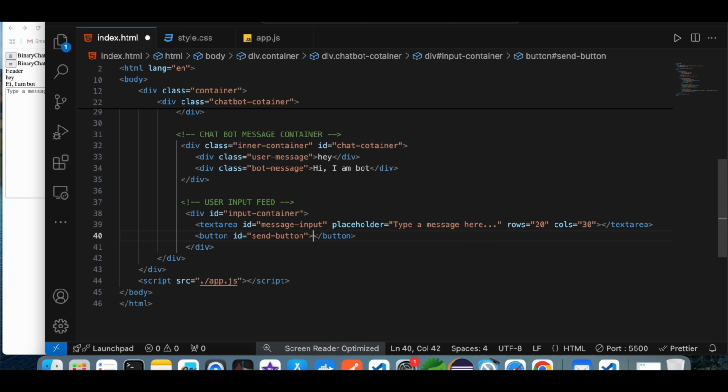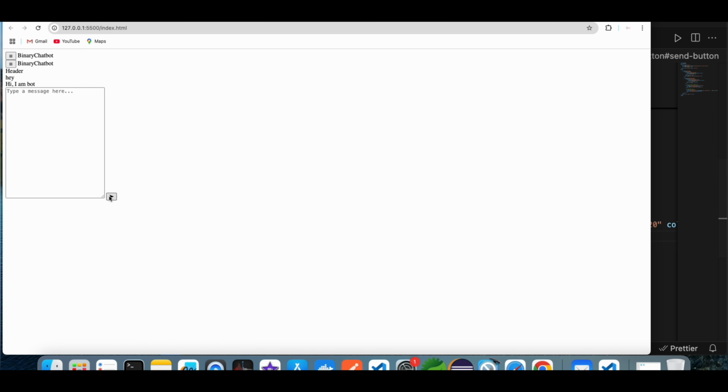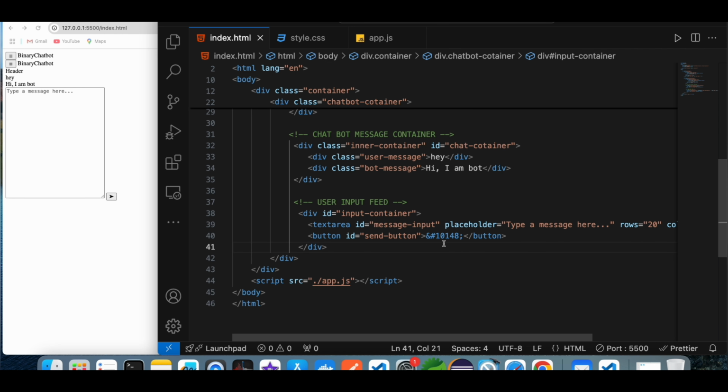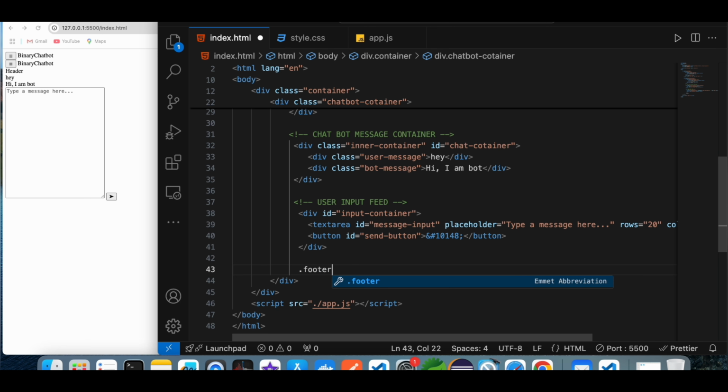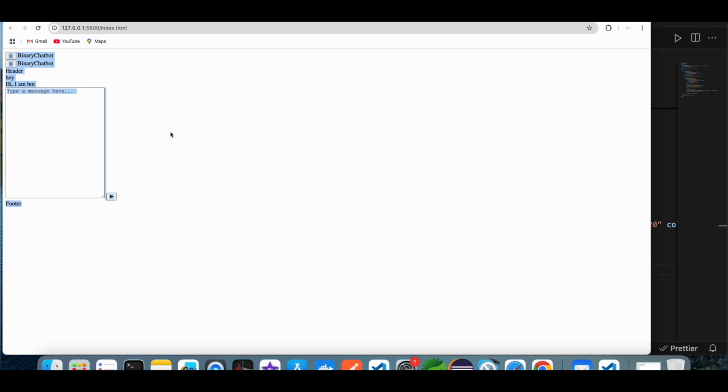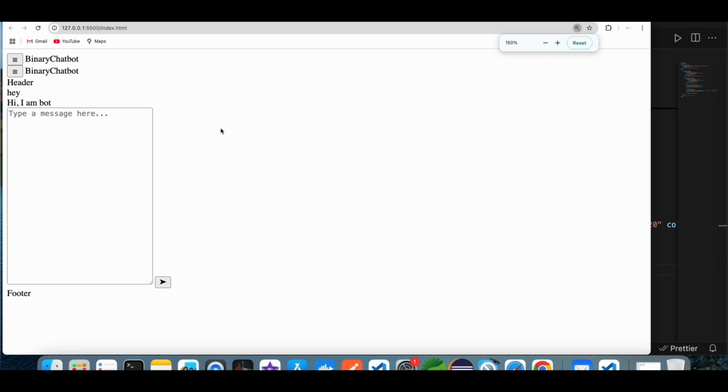So this has the ID send button. Here is the symbol of an arrow. Next one is the footer part. So here I simply write a div and class as footer. Okay, next